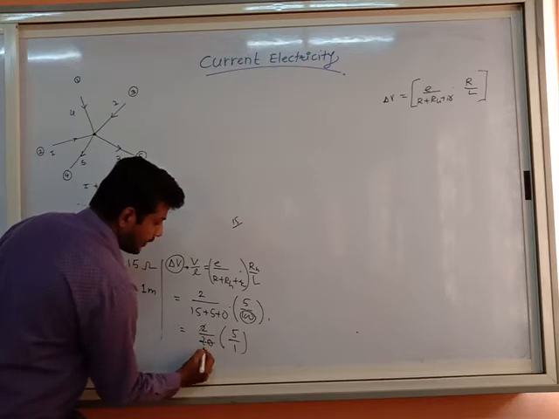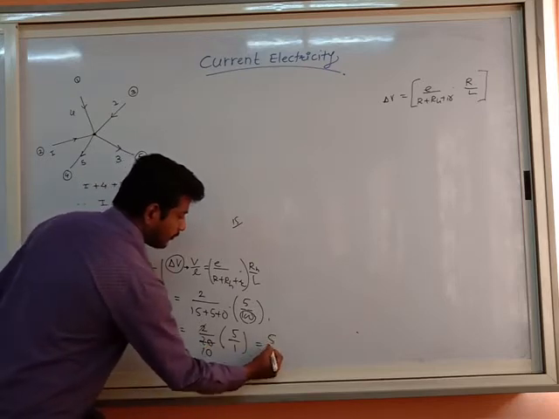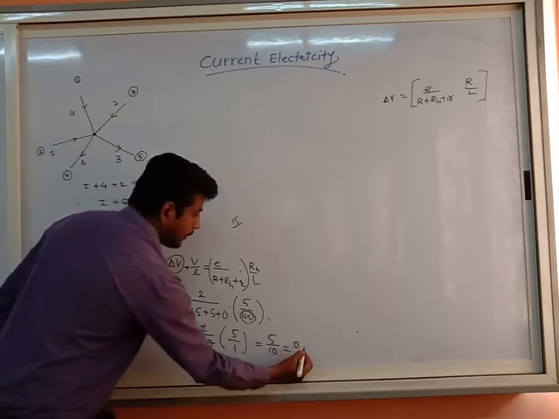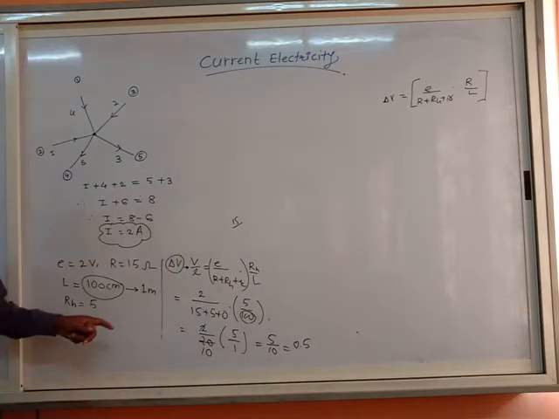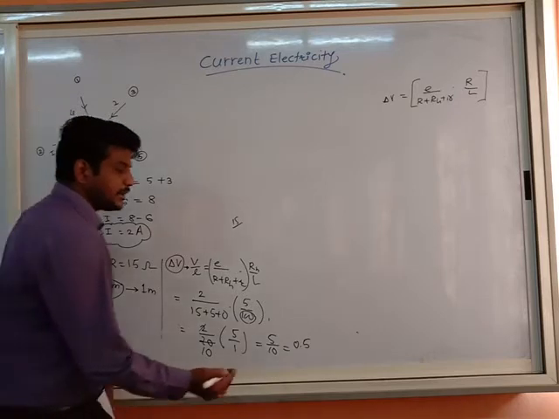Correct, it is 10. So 5 by 10 it is 0.5. If it is 0.5 when it is in a meter, what happens if it is in a centimeter? It is said to be